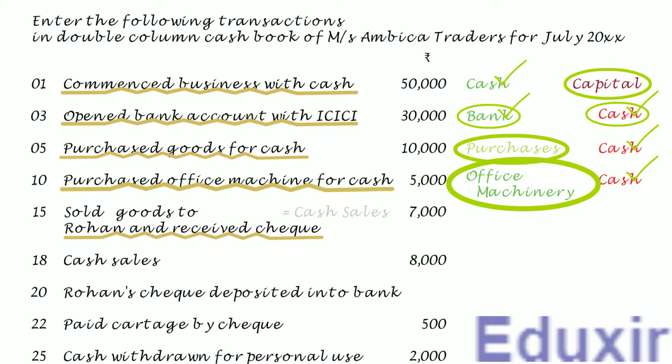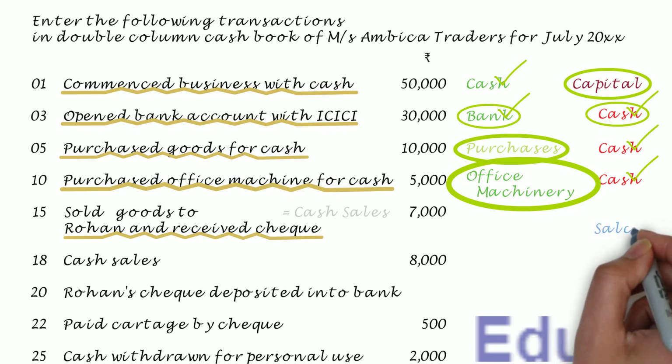So in this transaction, the business has sold goods worth 7,000 rupees. As you know, sales generate revenue. In other words, the revenue of the business is increasing in this transaction. The rule to record any increase in the revenue is to credit the corresponding revenues account. In this case, the sales account should be credited.